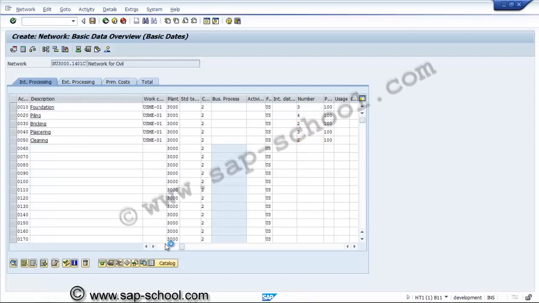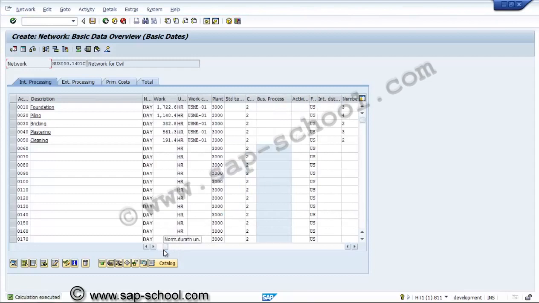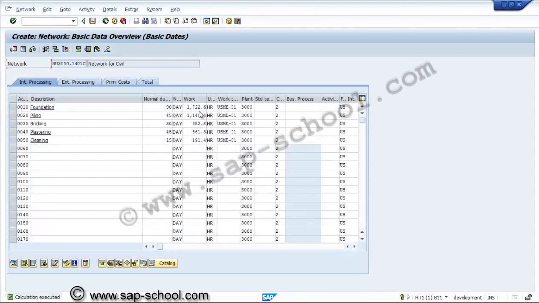Now we have considered these resources, so automatically the work also will be changed. Now we are doing this for the internal processing purpose. The planning part will come afterwards. Now we are only creating the network and the activities, so the planning part will be done later.